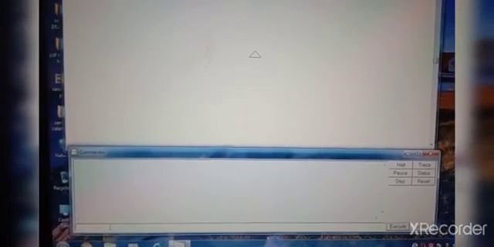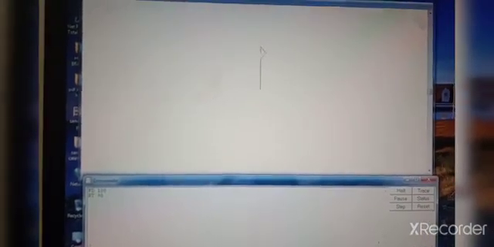Okay children, now which commands will we type? FD, RT, FD, RT. Now see here, FD space 100. Press enter key. See, turtle will move forward. Okay children, this triangle is the turtle, right? Now, RT.